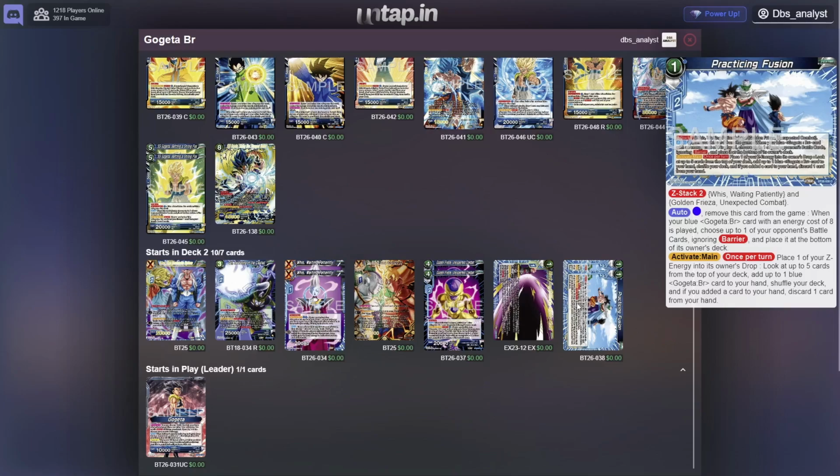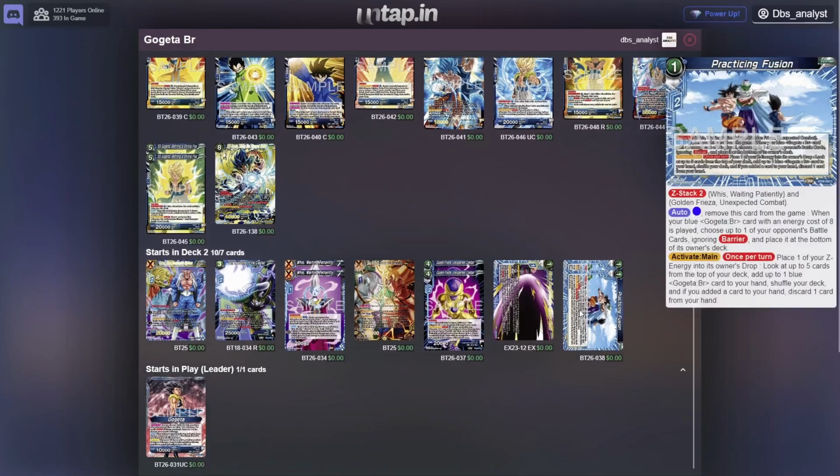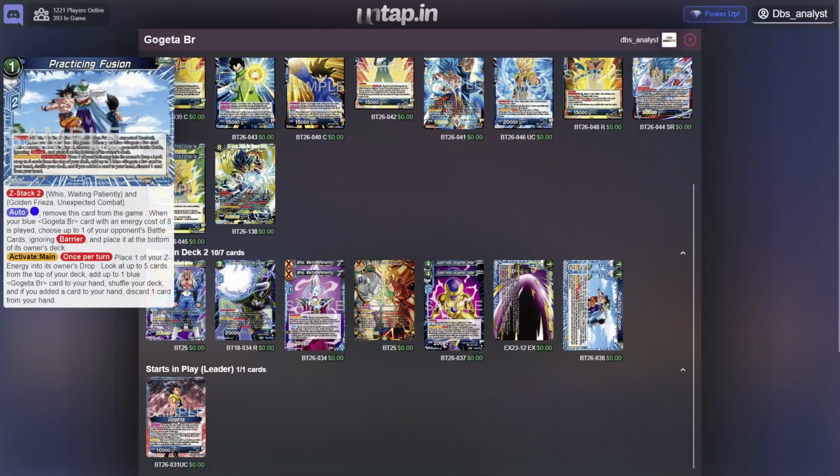It also has another ability here that allows you to remove this card from the game and then KO or bottom deck one of your opponent's battle cards, ignoring barrier. It allows you to bottom deck a card ignoring barrier as long as you play an 8-cost Gogeta BR. There aren't many 8-cost Gogeta BRs in this deck except for this one and the SCR. We're going to go into that in a few seconds, but the other main ability, the activate here, is pretty important